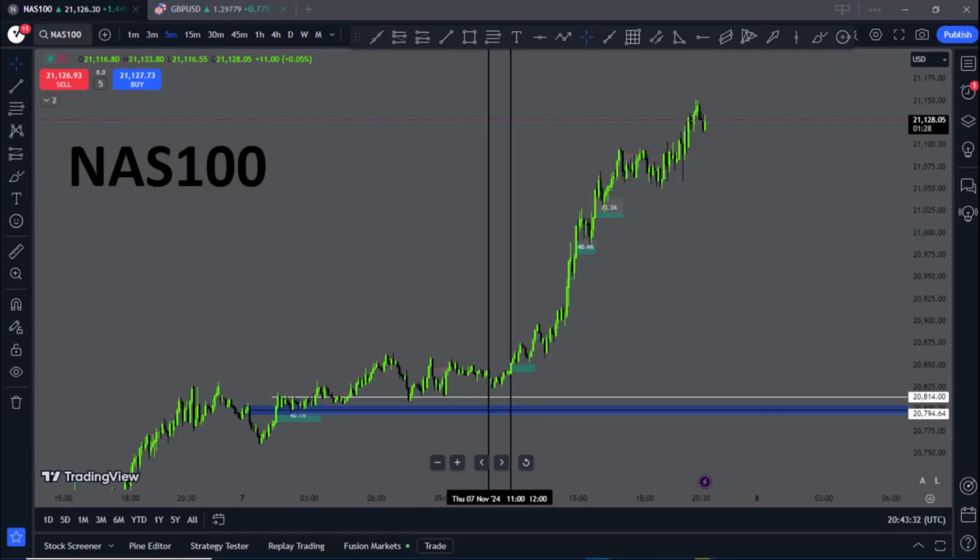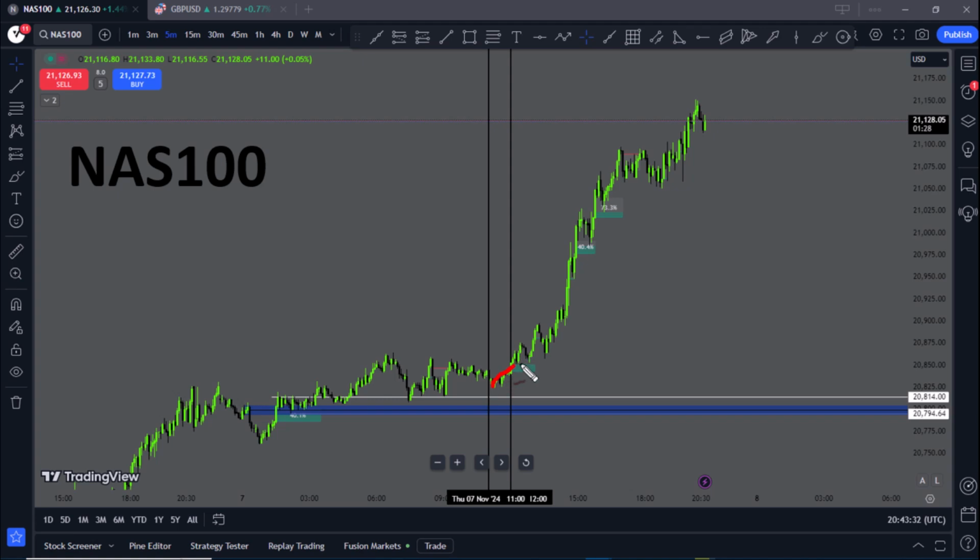Thursday today, you could have used that same thing on Nasdaq, right? So when you look at Nasdaq, it was pretty much the same thing. We were in an uptrend, but the trend was so powerful that you couldn't have even gotten into a sell. So what do you do? You can use a support, you can use a break of structure and get into the trade. Like this, for instance,